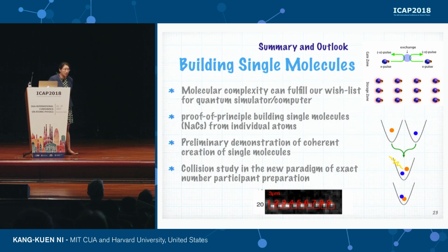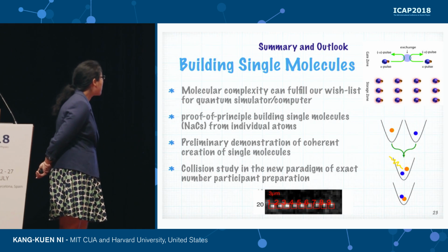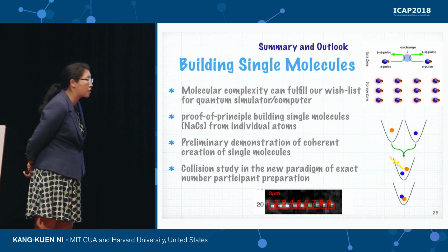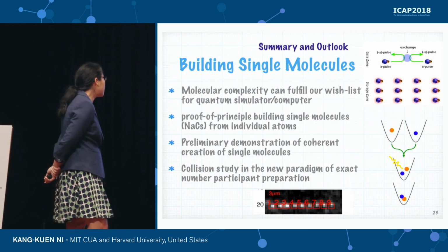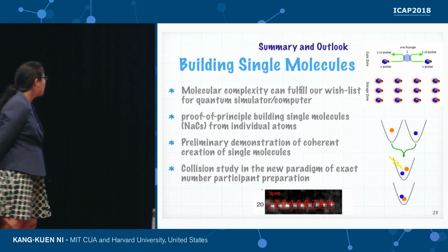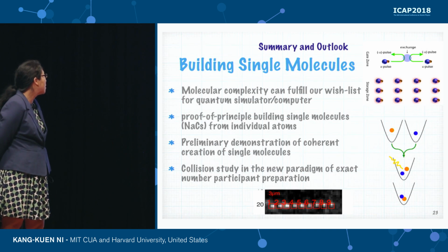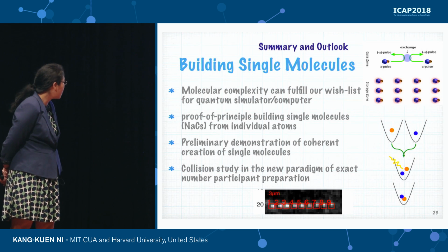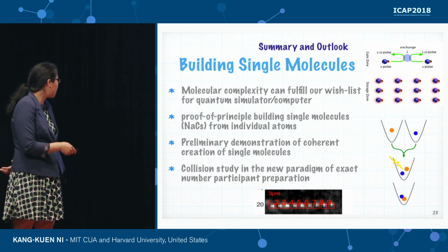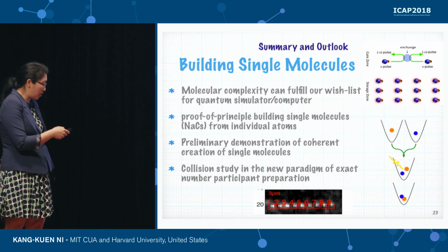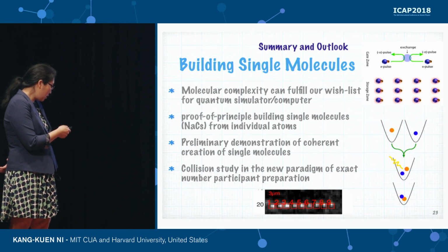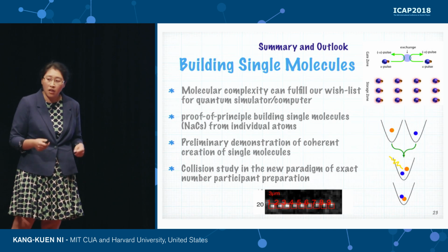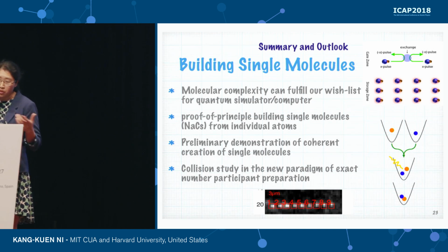So to summarize, about building single molecules, I've shown you the scheme, and I believe molecular complexity can really fulfill our wish list for quantum simulation and computing. I showed you proof of principle that we can build single molecules out of single atoms, and preliminary coherent transfer. Along the way, we were able to stumble into a new paradigm where we can have collision studies of exact number of participants